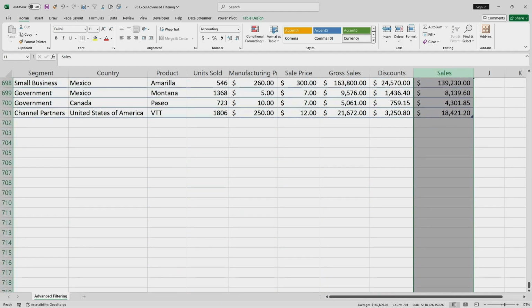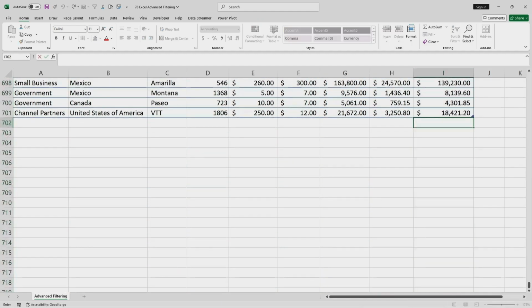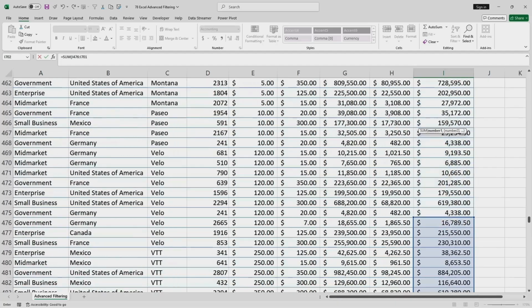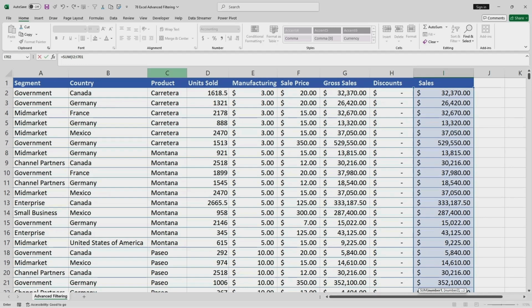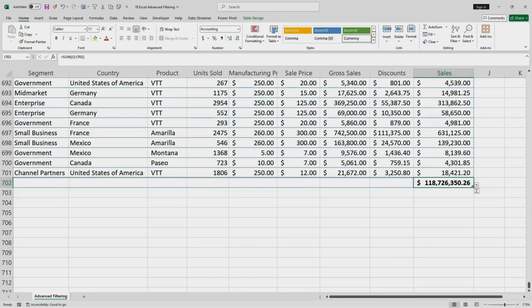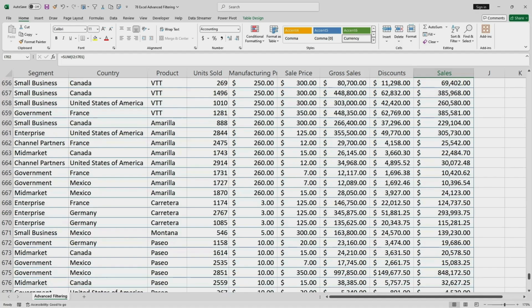come to the bottom. I can use sum, open the bracket and select the cells. I can select the cells like this to add all the cells in the I column. Now I got the total for this I column. Let us say if I wanted to filter